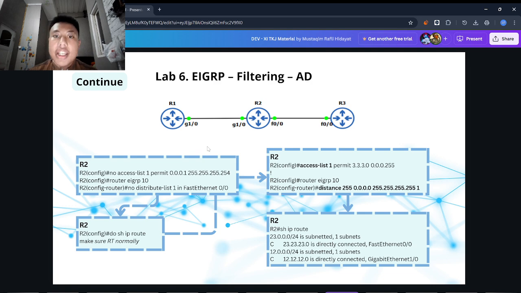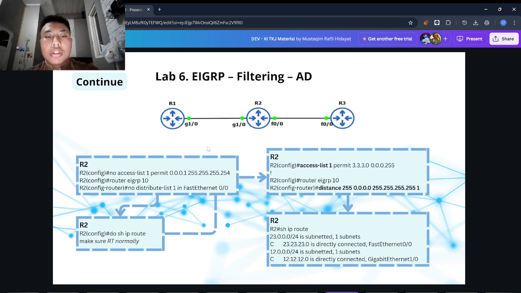Instead of using ACL or prefix list, on Router 2 you can configure EIGRP to advertise Router 1's route with a higher AD toward Router 3. When Router 3 receives the route, it considers it untrustworthy and does not use it.